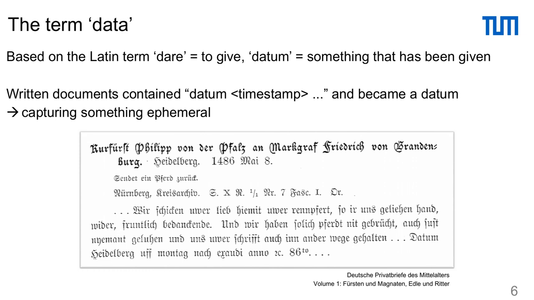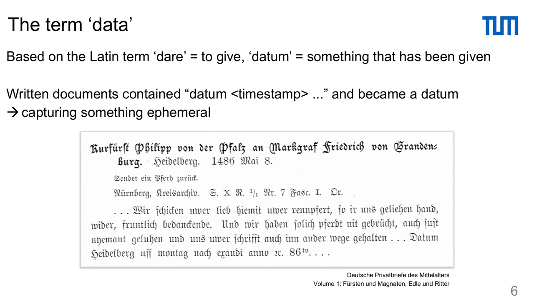In medieval times, here we can see a medieval letter, written documents sometimes contained the phrase datum, and thereby became a datum, the content was given. We can see it here and continuing here. And thereby, by this fact that something written became a datum, became something that has been given,